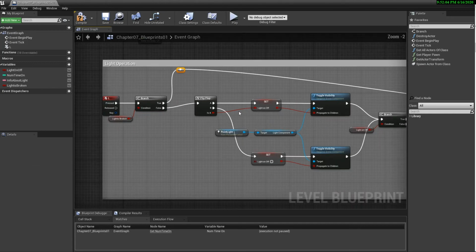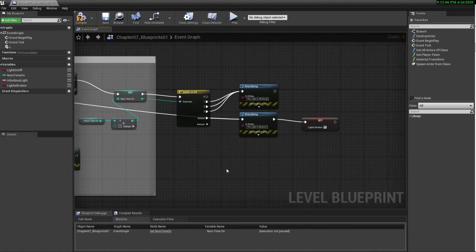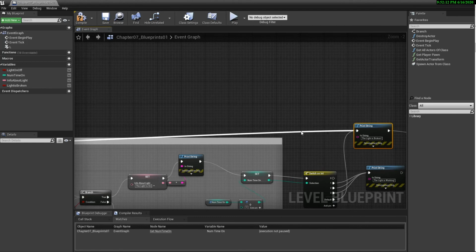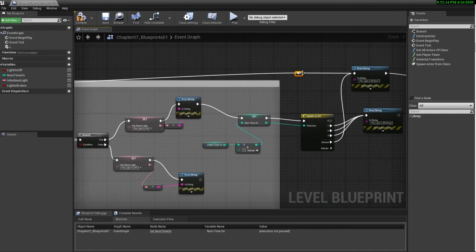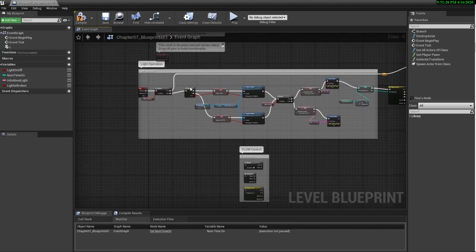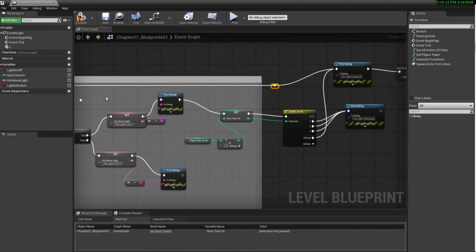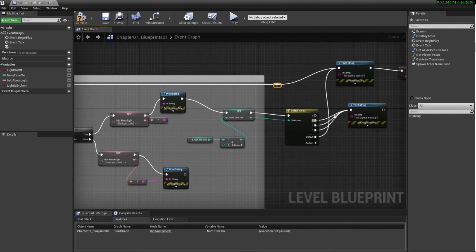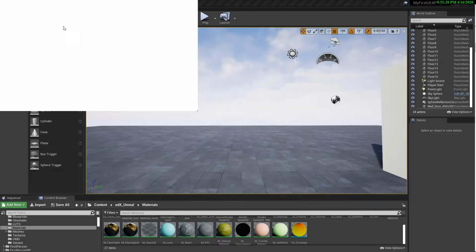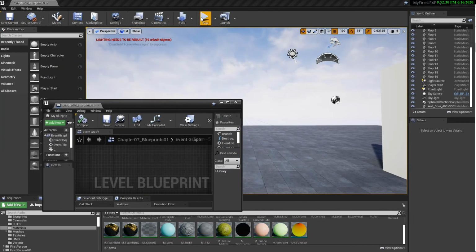So let's just bring this up. And we can take these, bring this up here, and we could add another reroute node. So now it's a lot more readable in terms of how, okay, so if it's true, then reroute to the light is broken. And we set that to true, and let's test out our logic.